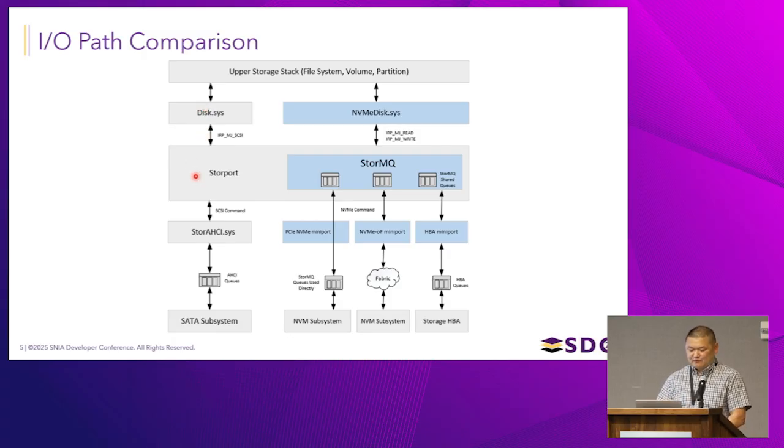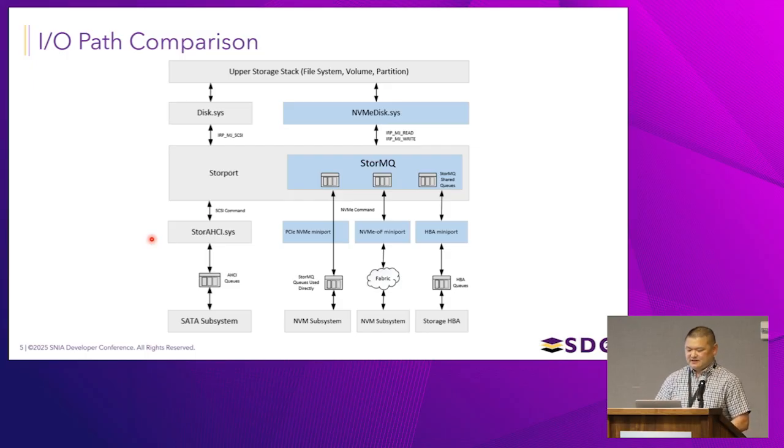What makes it out to the miniport is a SCSI command. If the miniport is supporting non-SCSI hardware, then it will do a translation from SCSI to whatever the command protocol is. Here I'm showing the Microsoft SATA driver. Our SATA driver, StoreAHCI, will take SCSI and convert it to ATA before sending it out to the